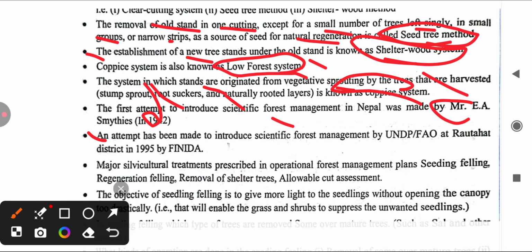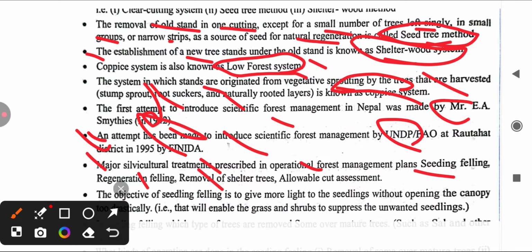An attempt has been made to introduce scientific forest management by UNDP and FAO at Rautahat district in 1995 by FINIDA. Major silviculture treatments prescribed in the operational forest management plan: seedling felling, regeneration felling, removal of shelter tree,